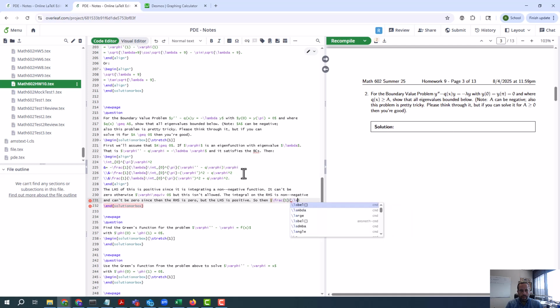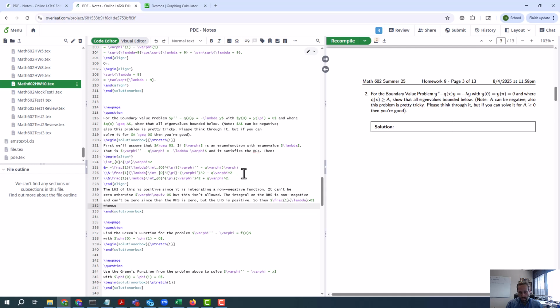1 over lambda is greater than 0, whence lambda is greater than 0. Okay, so we'll first assume, with eigenvalue lambda not equal to 0, then this is true. So what we've shown is that if lambda is not equal to 0, lambda has to be positive. Well, lambda could be equal to 0, but it's still bounded below. So therefore,